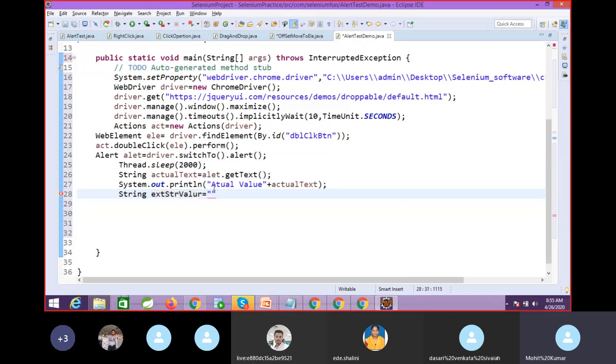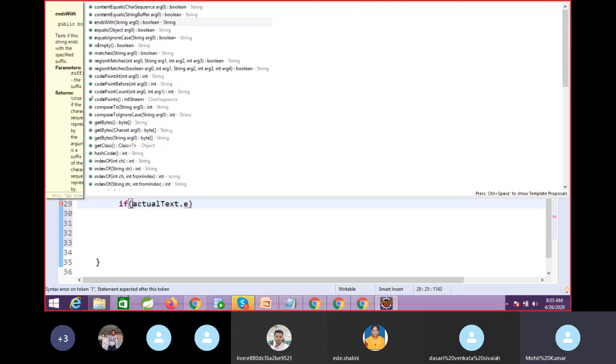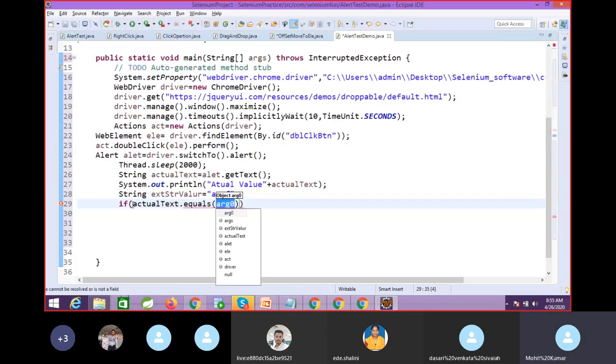I'm just going to give some string value, so our test case will fail. Again I will verify this text by using an if else condition. This test case will fail because I'm not giving the exact value. Better to use equals because we are going to do verification, right? You are verifying the text, so we need to verify the exact one.